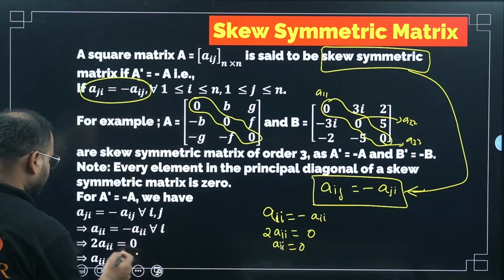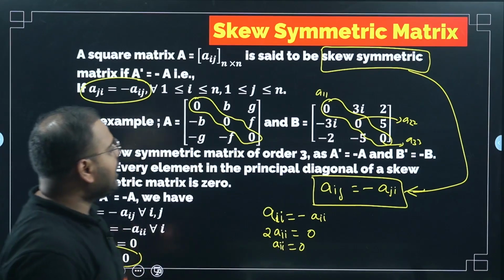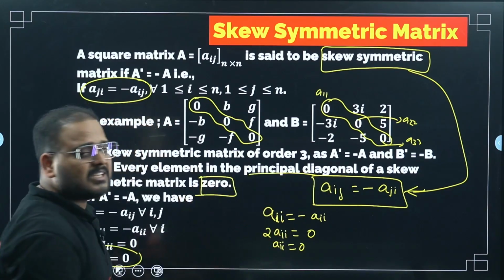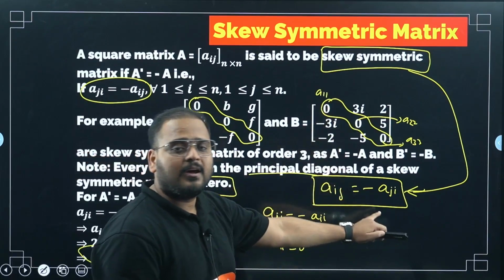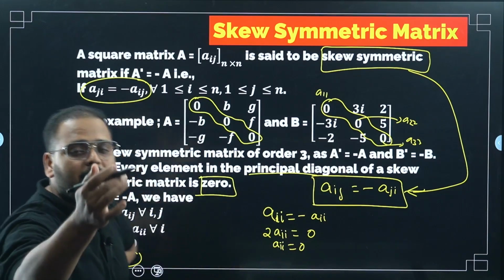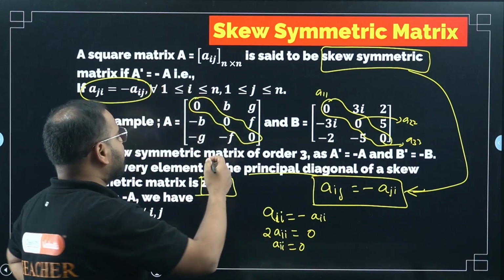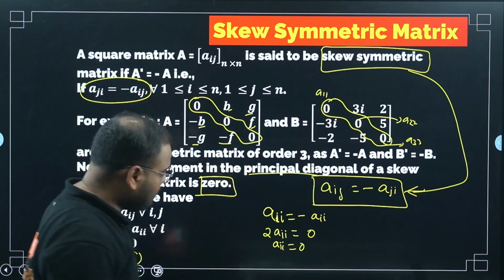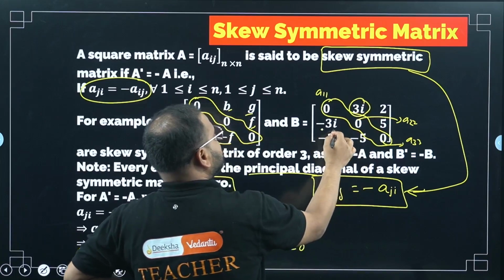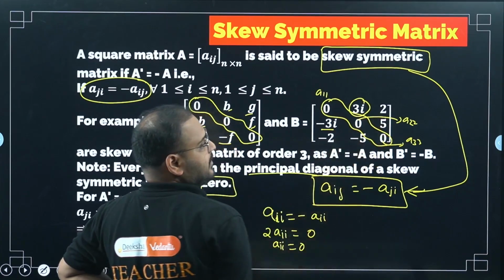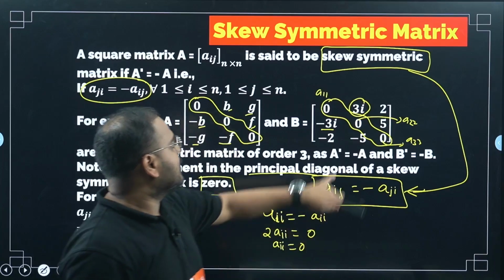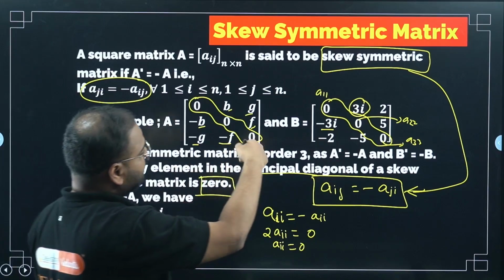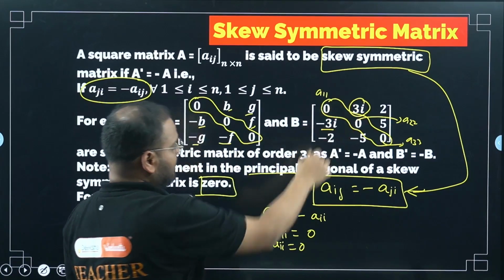Same thing is mentioned here. Please check. I hope you understand. So the principal diagonal is always 0. What is the thing you have to know here for skew symmetric? First is this property. If you see here, the upper triangle and the lower triangle will have a negative sign relation. B is here, so minus B. G is here, so minus G. F is here, so minus F. What about this? 3i is here, so minus 3i. 2 is here, minus 2. 5 is here, minus 5. So instead of being a mirror image, it will be multiplied with a negative sign on both sides. So it will not be symmetric, it will just be multiplied with the minus sign.